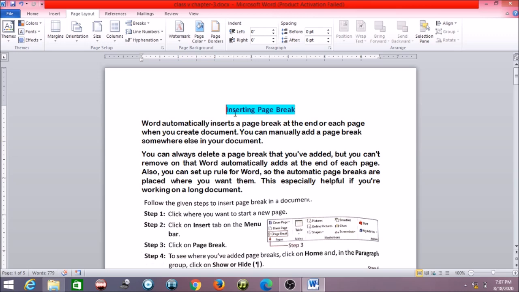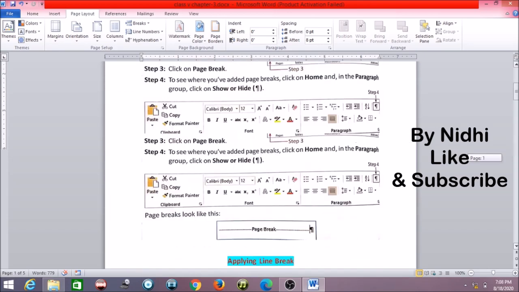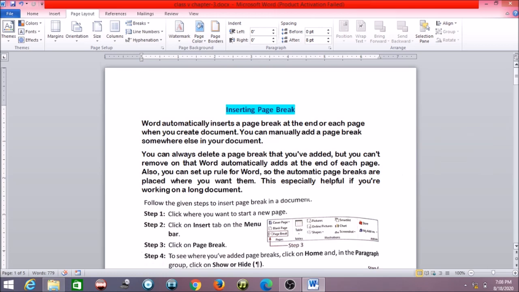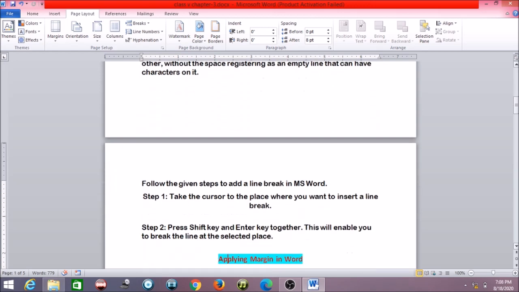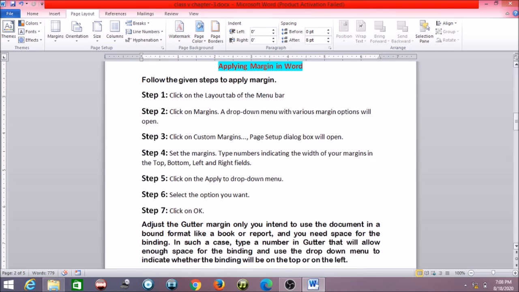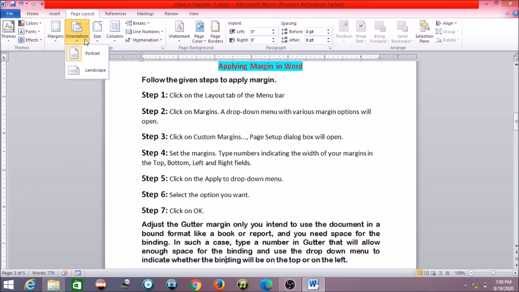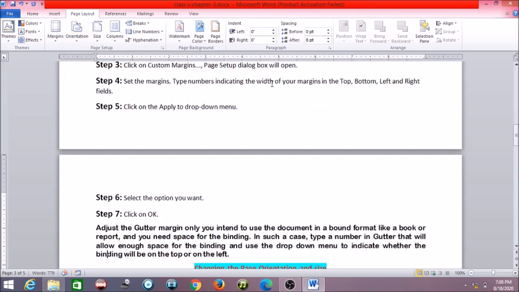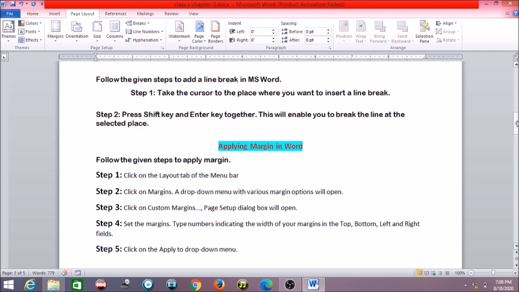The next topic of our class is changing the page orientation. Page orientation means sometimes a page will appear in a vertical position, and you can hold it in horizontal position also. See, now this document that you are seeing is in the form of portrait. From this page layout option you can change the orientation, portrait or landscape. So portrait is this way and landscape is like this. In Hindi you can say leta hua is landscape and straight is portrait.